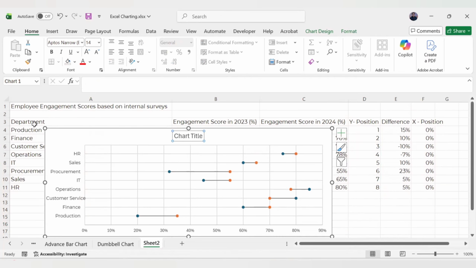So for the chart title, we are going to type it manually, saying employee engagement score 2023 versus 2024, and I'm going to select it, change the font to Montserrat because that's what I like, and